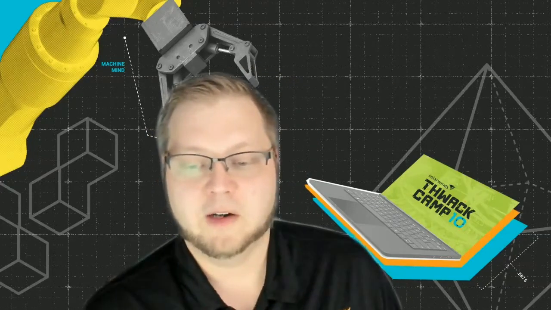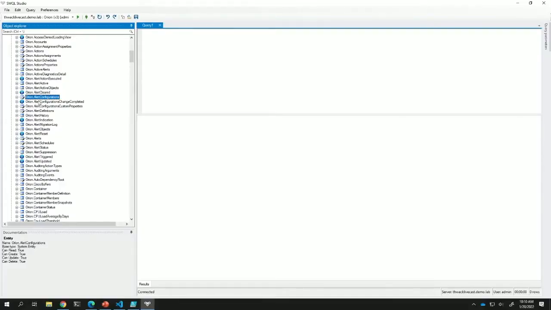One of the things I like most about the self-documenting features on this is if you need to call a verb and you're not really sure what you want to do with that verb, it'll tell you exactly what fields are needed. It'll also tell you whether a table can be updated through the API, whether or not specific entities can be deleted via the API, and also whether you can update them. Here's a very quick little example of that. If I just select this alert configurations one, you can see it's got a little pencil icon. Great. You can see that I can read, I can create, I can update, and I can delete. So if I have any of the entries in here and I want to delete them, I can just select it and hit delete.